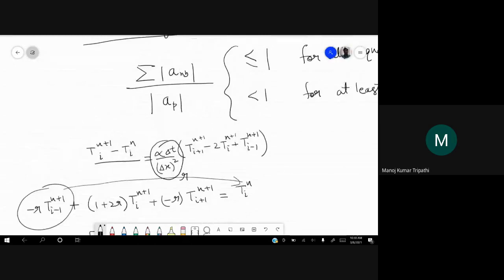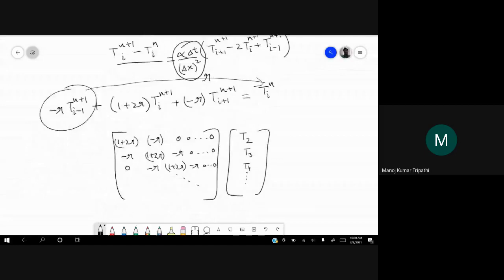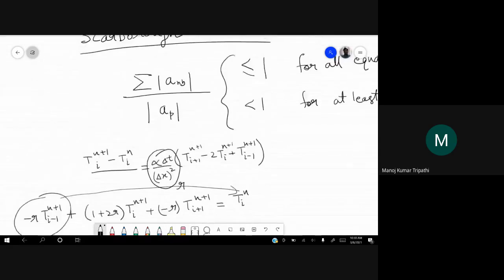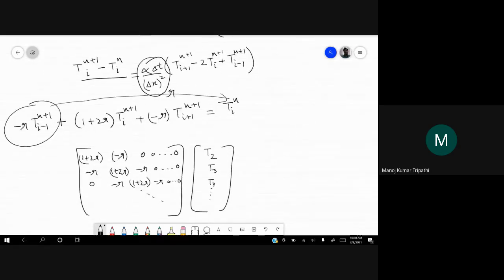Now what the condition says is that the sum of all the coefficients of all the unknowns, in modulus, doesn't matter whether it is on the right hand side or left hand side, it is a mod. So let us do that. When I say sum of all the coefficients, that means all the coefficients leaving the unknown that you want to calculate. So in this case it is T2.